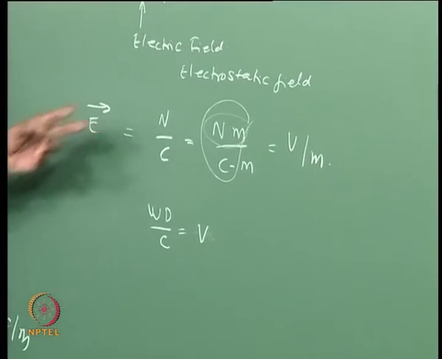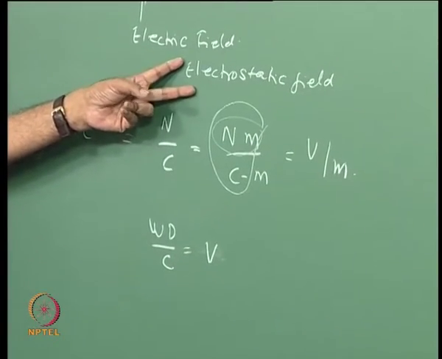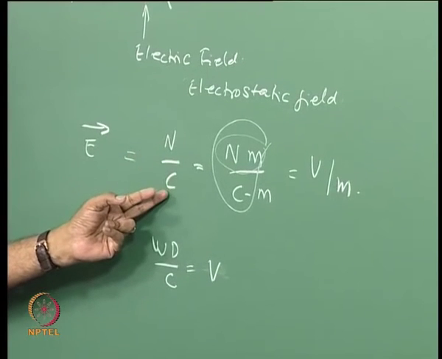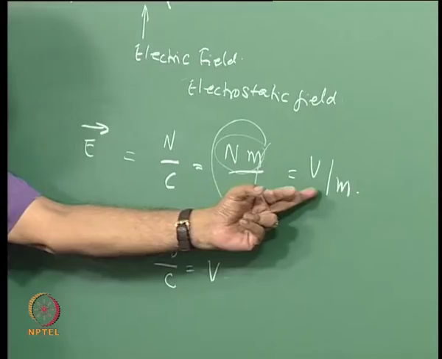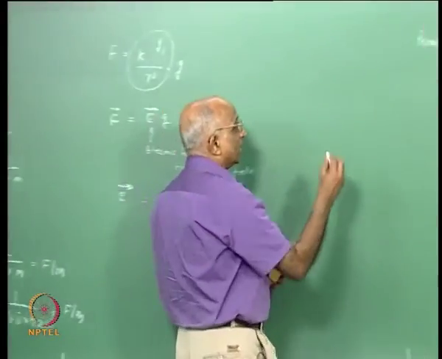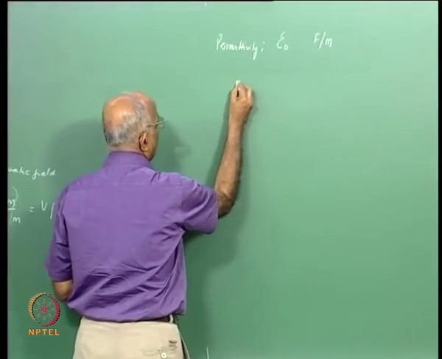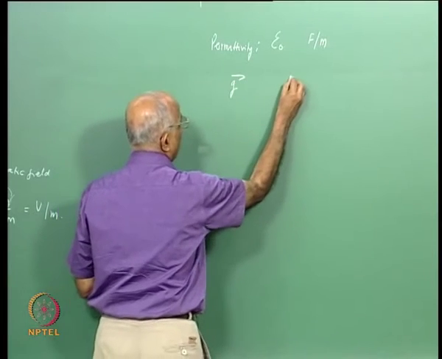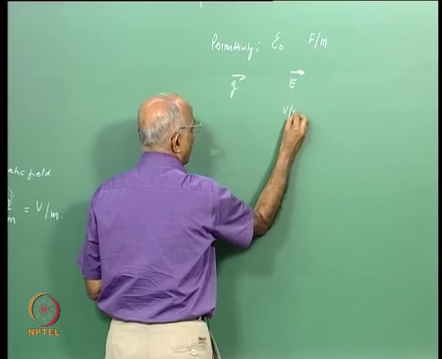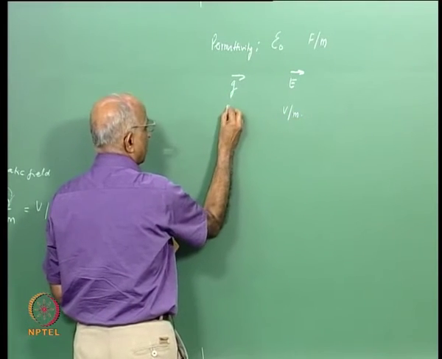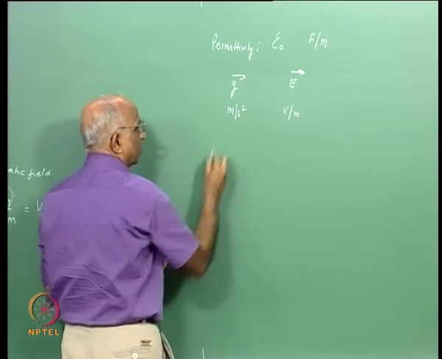Therefore the unit of the electrostatic field is strictly Newton per coulomb, which can be written as Newton meter per coulomb meter, which is voltage per meter. Therefore I say that the field E, the electrostatic field, is written in terms of volts per meter, just like the gravitational field is written in terms of meter per second square,